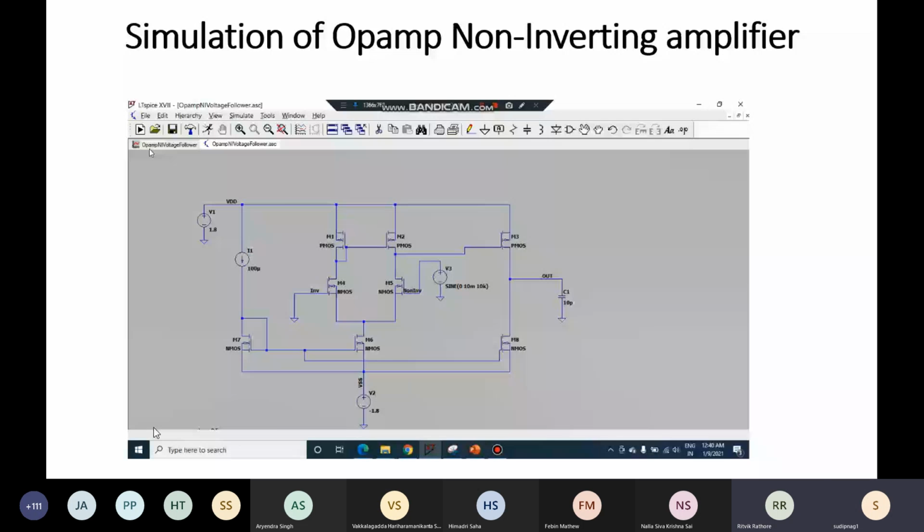In a given PDK, there are different transistors given in its library. I'll possibly show that sometime in another video, or I'll ask Arnab to do that, where you will find that in a given library there are several NMOS transistors available. Let's say TSMC can fabricate about 10 different types of NMOS transistors within 180 nanometer. The minimum length could be 180, but you can go to higher lengths also. That's another rule of thumb: the minimum possible length is 180 nanometer.